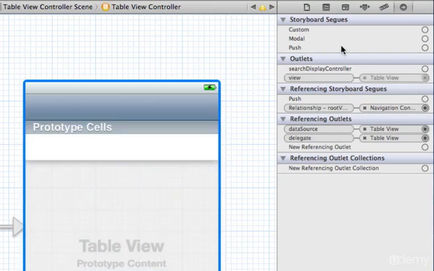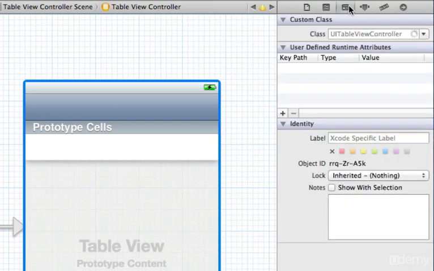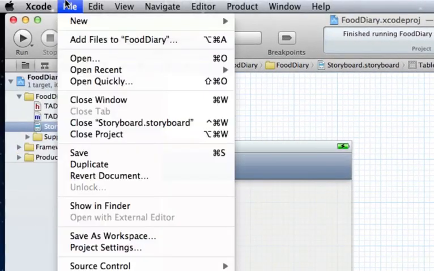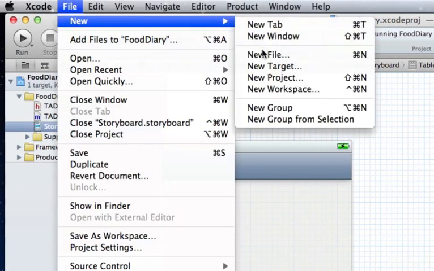The only problem now is back over in the Identity Inspector. A UI table view controller is one of Apple's classes. We can't write code in the UI table view controller files because we don't have those files. So we have to create a subclass of UI table view controller that will customize its behavior. To do that, go to File, New File,